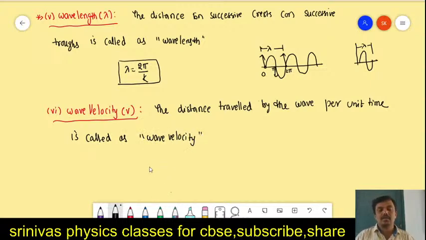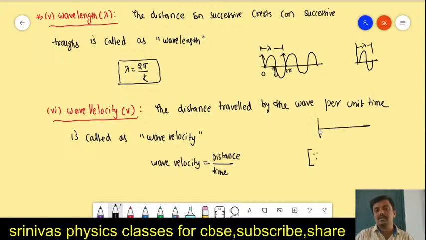What is wave velocity? We write it like this: the distance traveled by time. How much distance is traveled and how much time it takes. Here you see, the wave travels lambda distance. This is a wave we can consider, traveling in the forward direction like this. The wave travels some distance. This is one completed wave